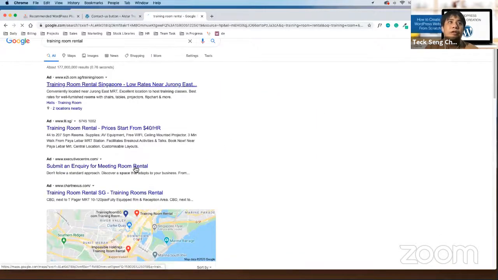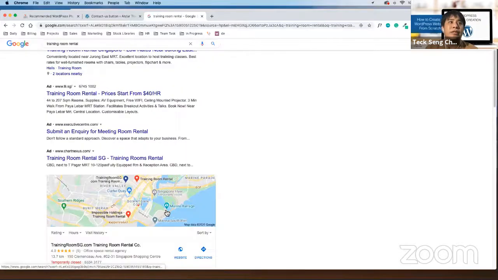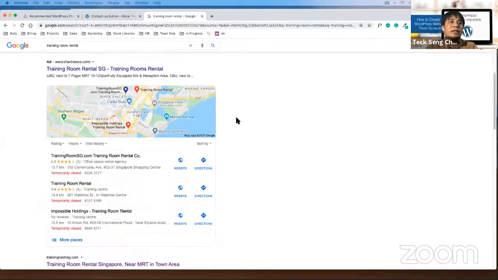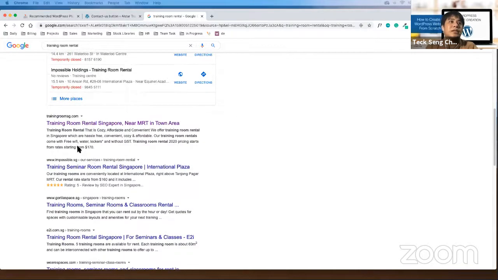Now, if you search training room rental, you will see a few kinds of results. The first kind of result is one that has an ad in front. These results are Google AdWords. You don't have to take these; if you're not going to do Google AdWords, you don't have to really look into their pages. Another type of result is the maps result. Again, this one is not really important as well. What you want to find is results that are organic, meaning that they start from here. So you can see that there are training rooms. These are some of the competitors that you want to work on.